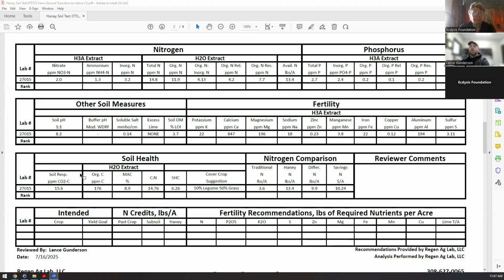So when you're trying to answer the question, why does this look the way it looks? Soil pH 8.2, very likely that's what's causing your respiration to be low in this case. Yes, I can look at some of the other things. Soluble salts is about the same. My organic matter is 3.7. That's relatively good. I know if I said that, Gail and Lynette would go, no, it's not. It needs to be 6. But relative to where you probably started back in 2019, this is a limitation of soil pH, most